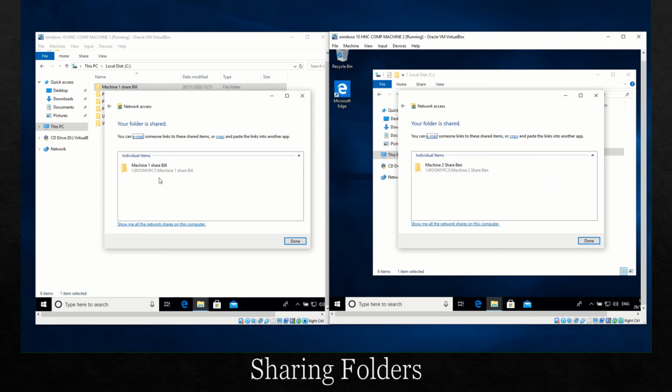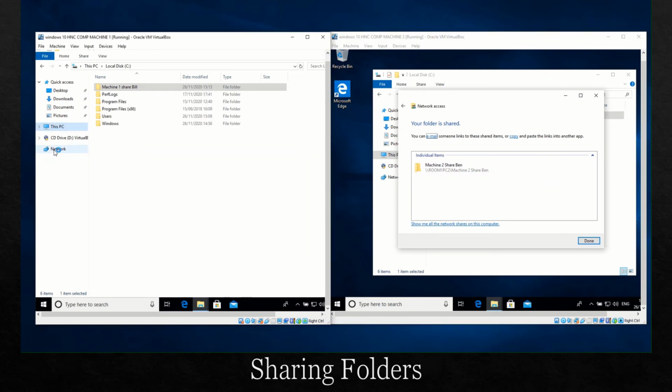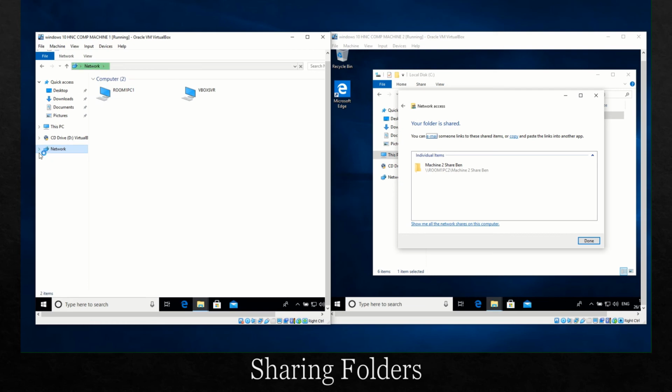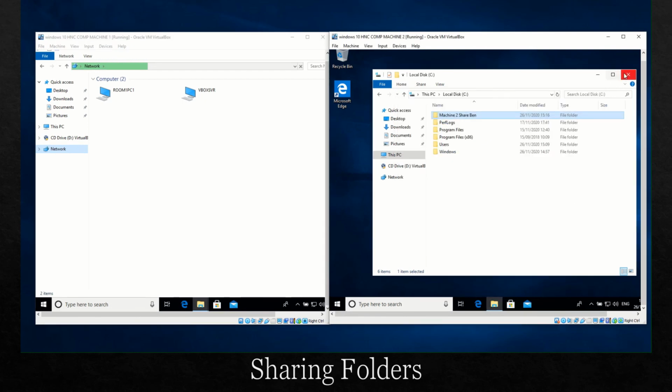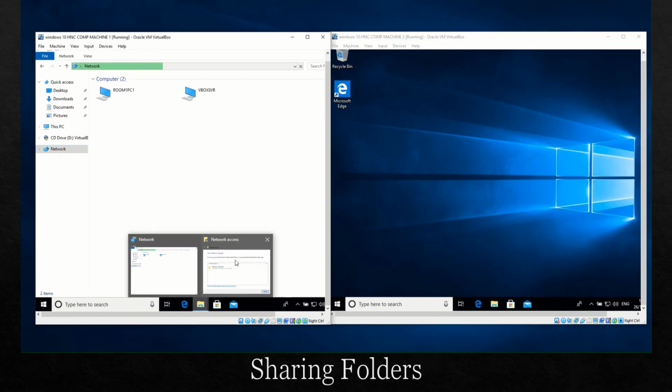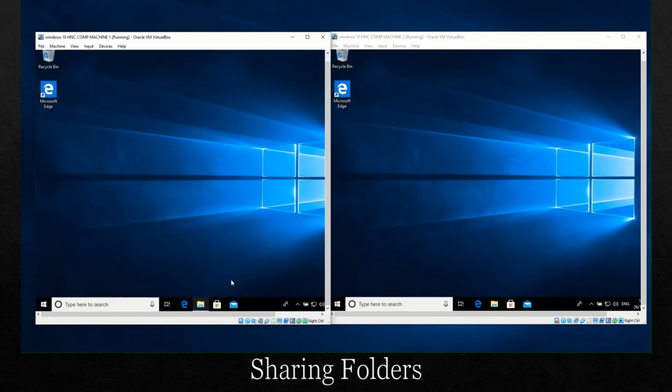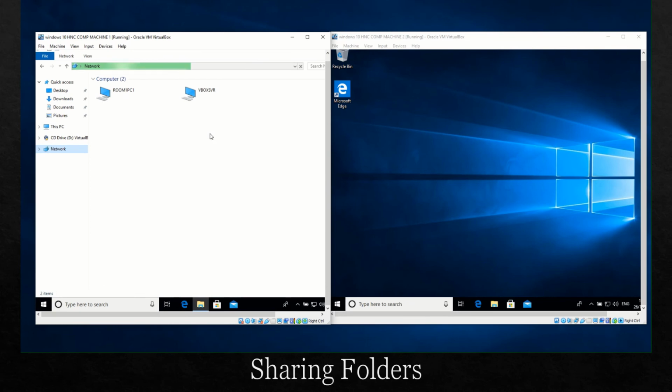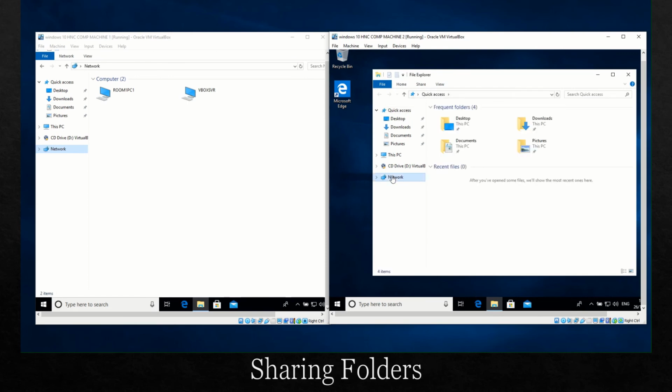I've got 2 shares. Now if I click on the network on this machine, you should see, eventually, go down on that one so you can see it. Close that as well. Actually work then. Right, this one's showing up, that one's not. But we'll go on to there, you'll see machine 2 share Ben. Now it should show up on there as well. But for some reason